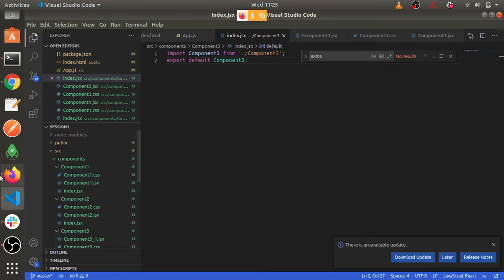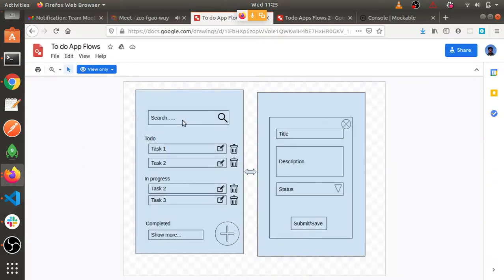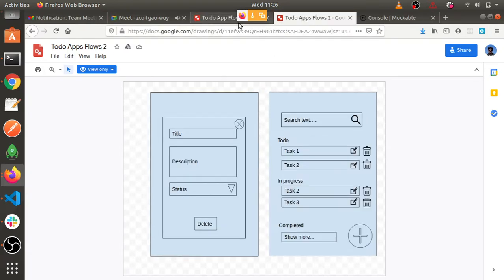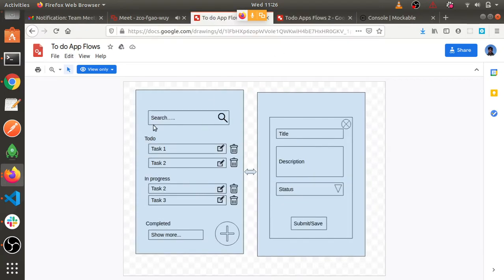Okay, so next step is we have to identify what are the components needed, right? So how many screens we have? We have these two things, and we can see this one screen will be there, which is going to be our landing screen, right? And these are just a modal, not a screen.